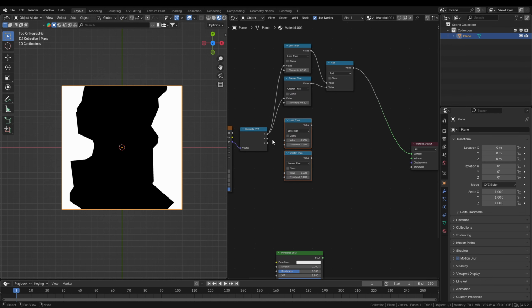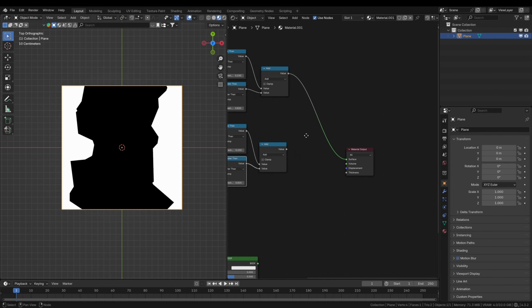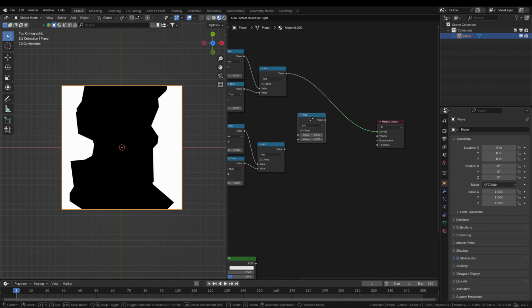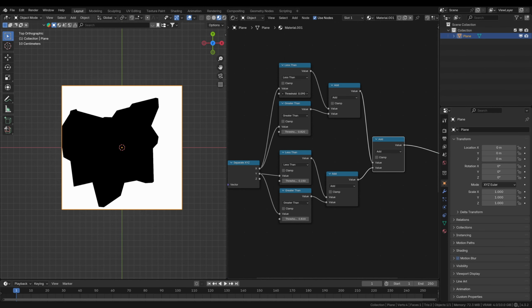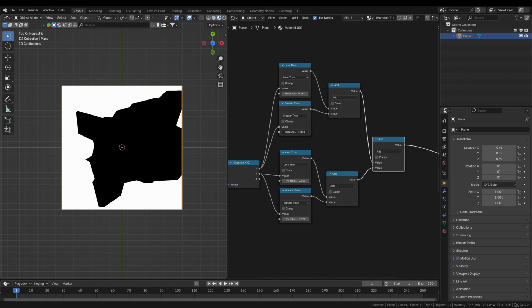Let's just copy the whole setup and connect the Y output to them to have the same controller for the Y-axis Voronoi patches. At last, you just add both results of the X and Y axis together with another math node. By the way, if you have rotated your geometry differently, you may have to use different axis outputs of